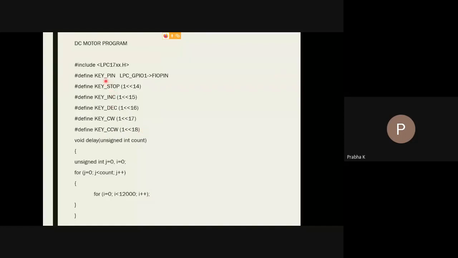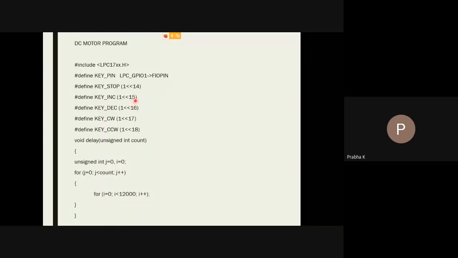Why are we naming them in this particular fashion? Because in order to remember what operation that key will perform when you press that key. If you want to name with some other designation, not an issue, but it will not be a clear picture. So please define the key with the function it performs.